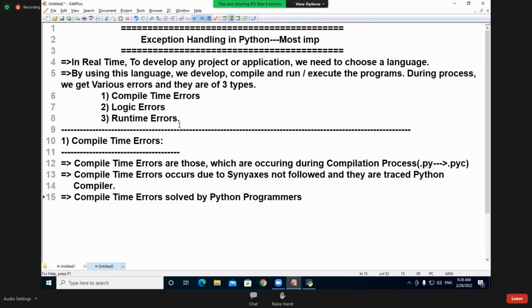At the end of the class, let there be 10 points that are the building points for exception handling. Solved by Python programmers at development level, at your product development level, or at project development level, I can say this is the one.